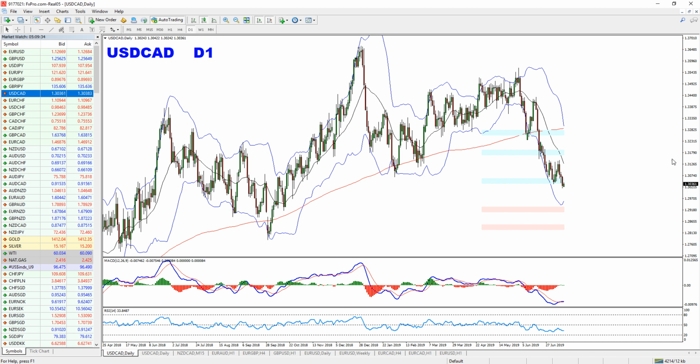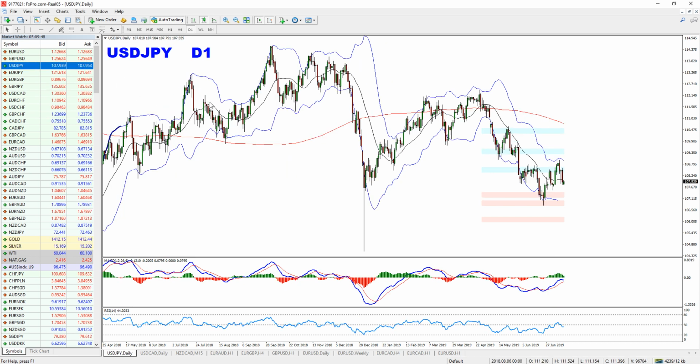So for me, dollar CAD should ideally approach towards the 129 area-ish, and we will see. But it looks like holding the momentum. Dollar yen, nothing really clear in my view. And this is pretty much the full list as we have it at the beginning of the week from the